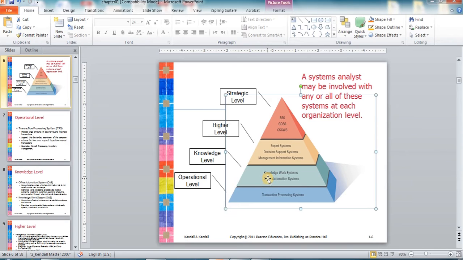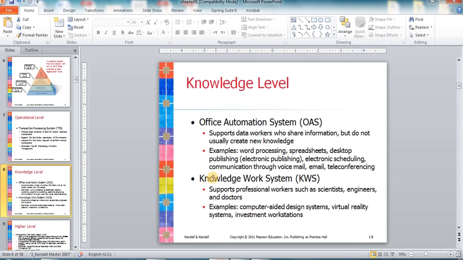Now, at the first management level of the company, at the knowledge level, we have two types of software. The first one is the office automation system, and the second one is the knowledge work system. The office automation system is a type of software that will support the managers to get the data from the employees and process this data and organize it into meaningful formats and results. For example, word processing, Microsoft Word, Microsoft Excel spreadsheet, desktop publishing, such as Adobe Publisher,